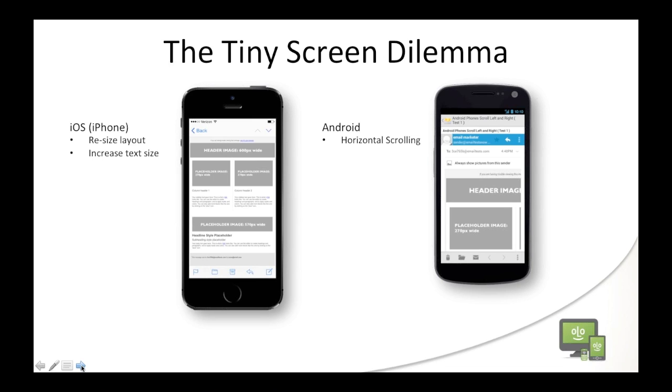Android just says have fun and scroll horizontal as much as you'd like. So whatever your design looks like, an Android user is going to see the upper left corner of it. Not an ideal solution in either case. That's where responsive design comes in. I'm sure many of you are familiar with the concept, but for those who aren't,